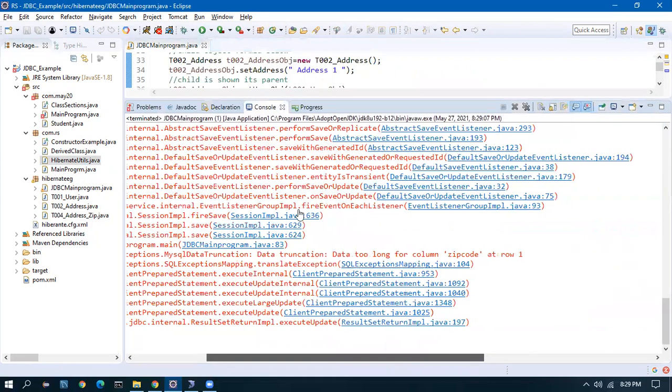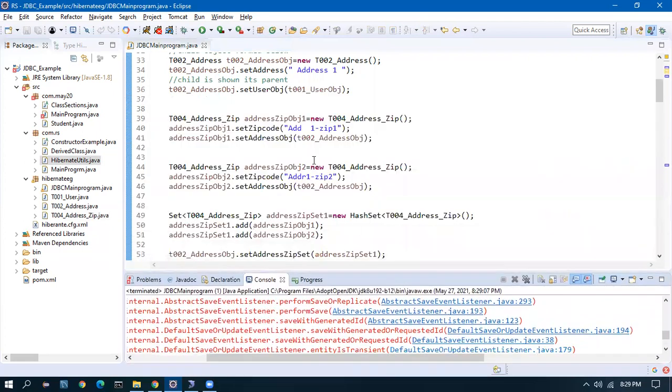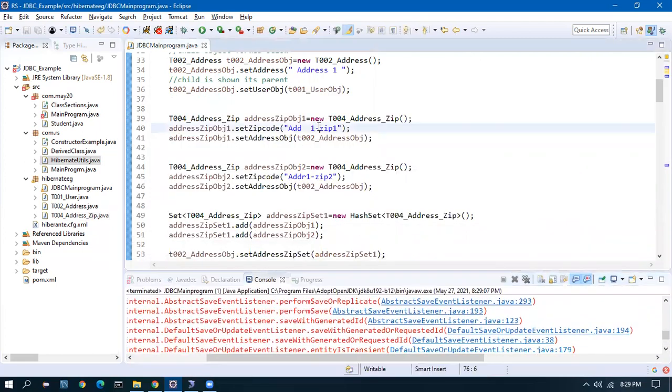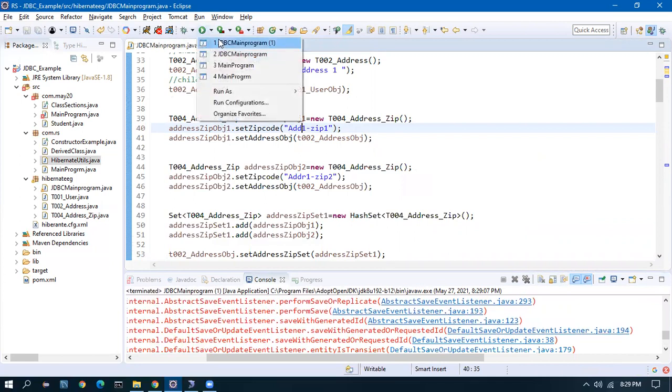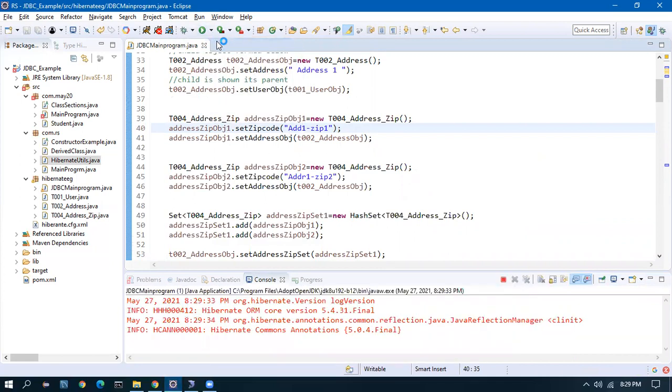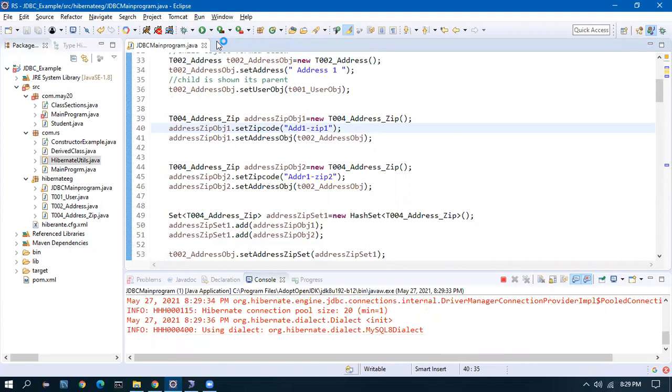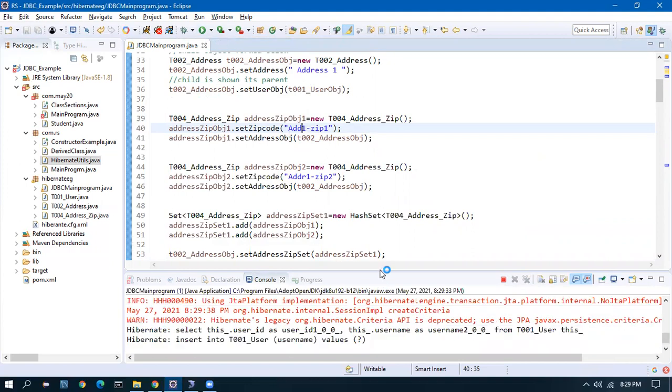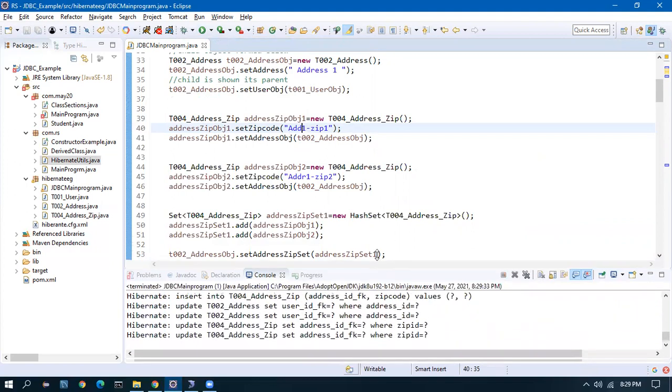I've given 10, but am I setting more than 10 here? Let me reduce it. I'll reduce the space. There we go.